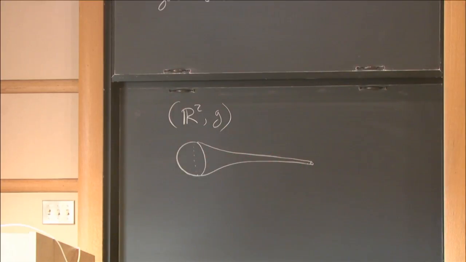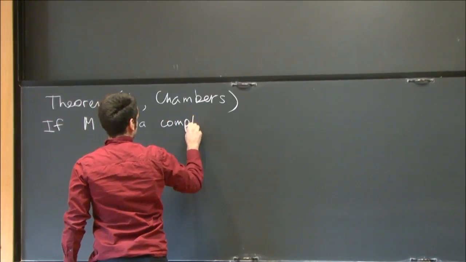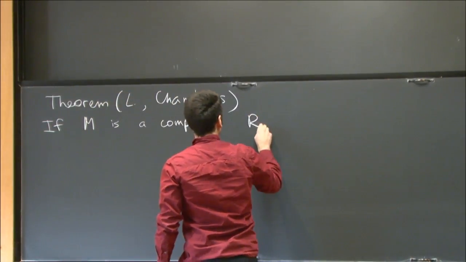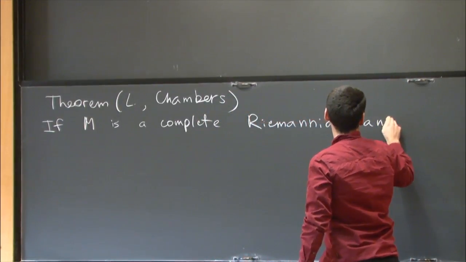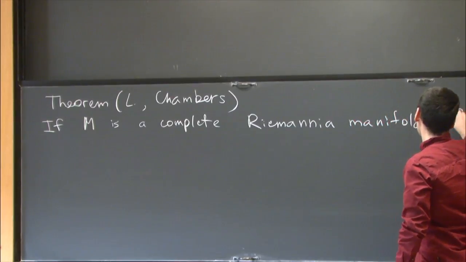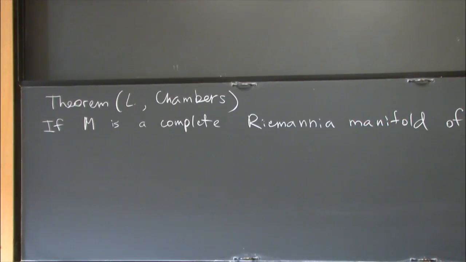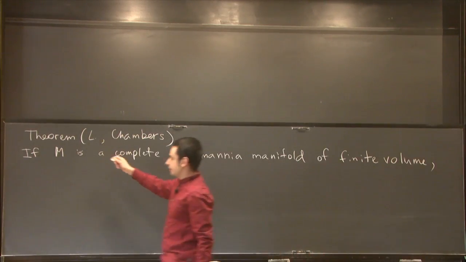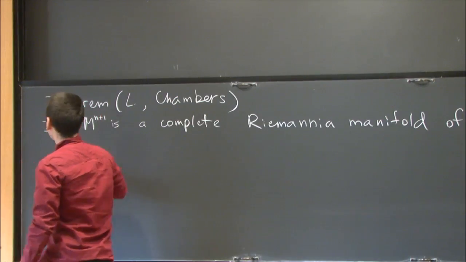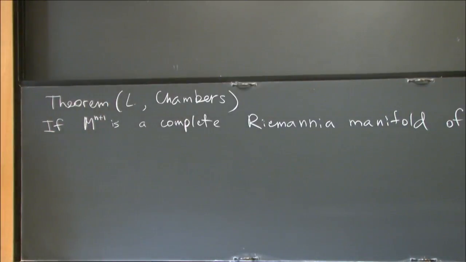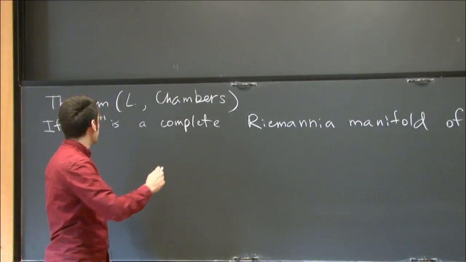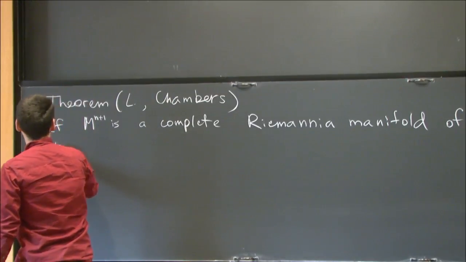Here we will talk about a complete Riemannian manifold of finite volume. Let's say the dimension of M is n+1, and our high dimensional generalization of a geodesic will be a hypersurface, a minimal hypersurface. Then